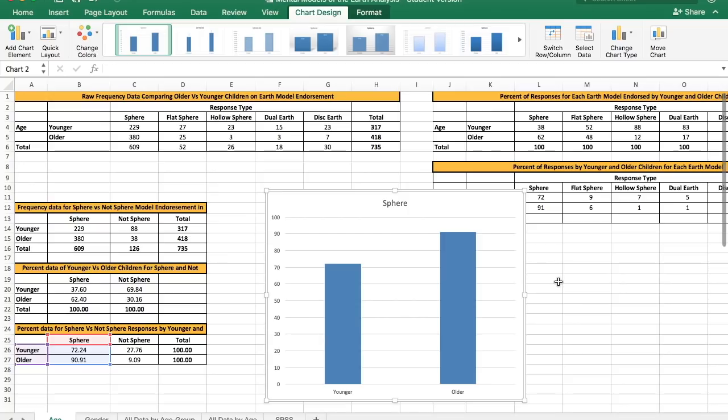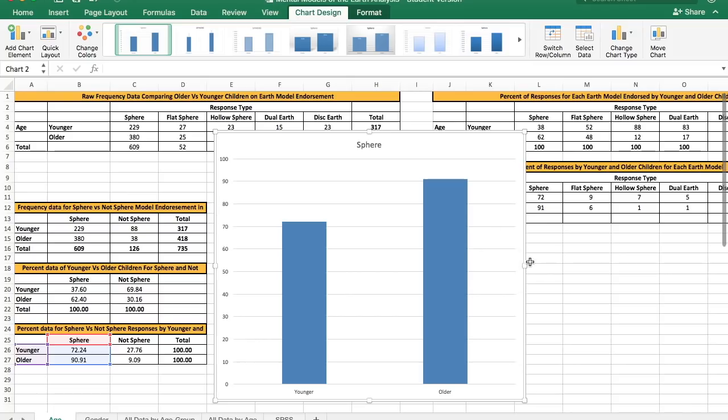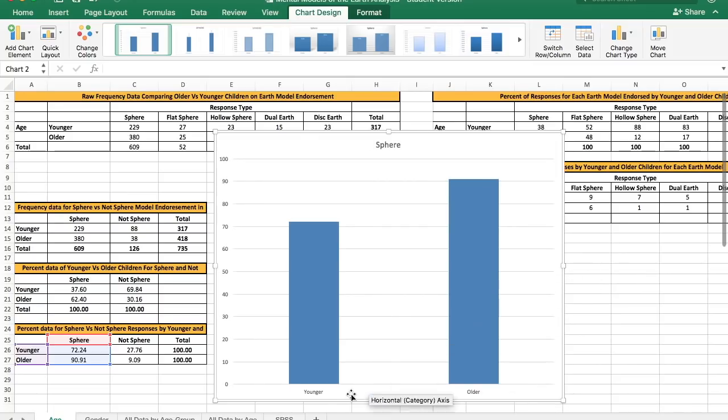What we can see here now, I'll make it even bigger, is that we have a column for younger children and a column for older children on the x-axis, and on the y-axis we've got the percentage of those children that endorsed the sphere model. And of course I know what is on the y and the x-axis because I just made the figure based